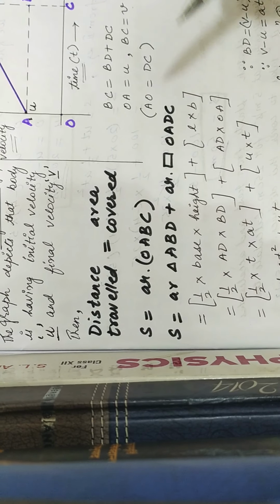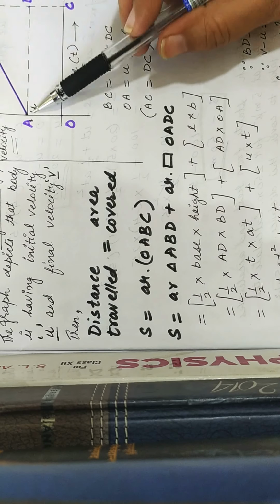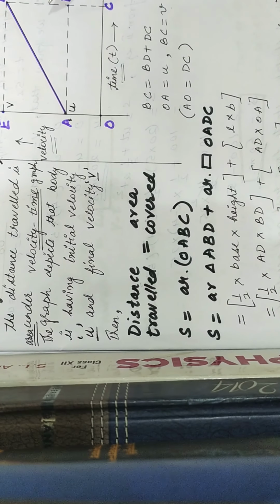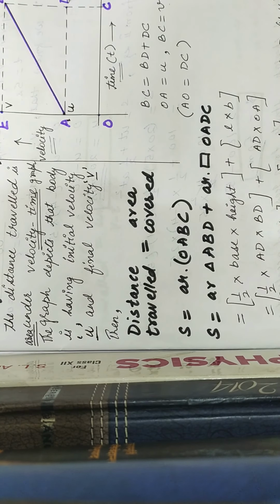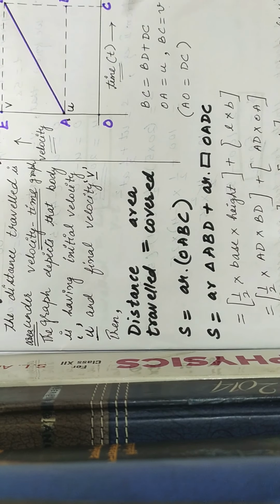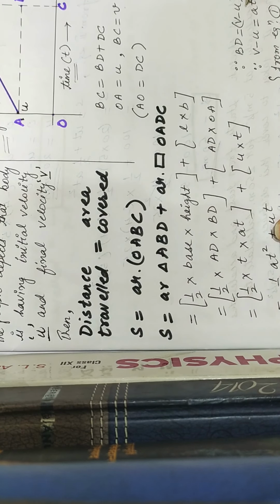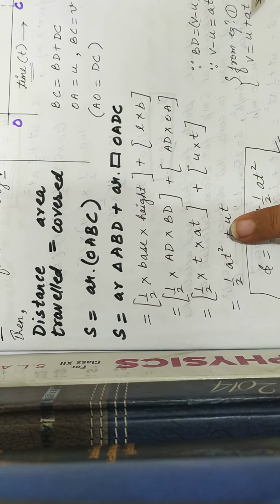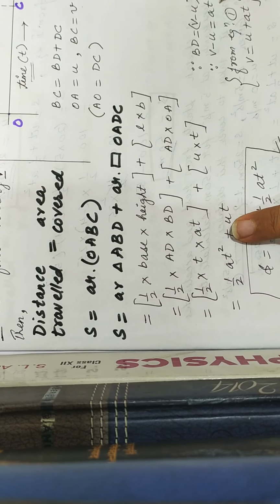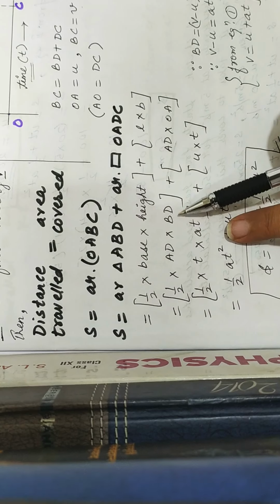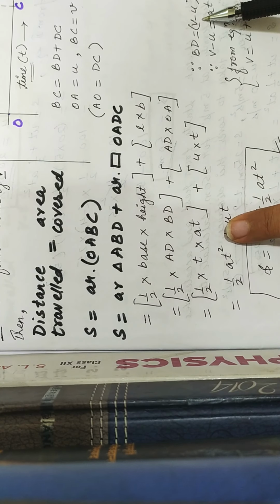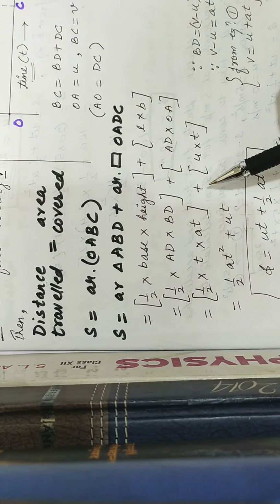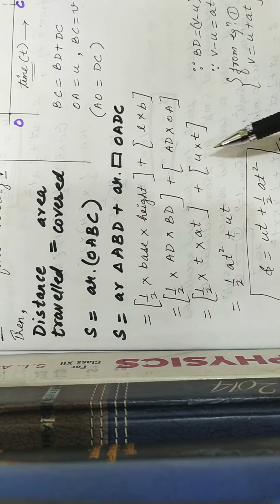So, we can write half into AD, where AD is equal to t, into BD. Now, this BD is the change in velocity. From the previous derivation, we have learned that BD is equal to v minus u. From the first equation, v equals u plus at, so v minus u can be written as at. So, in place of BD, which is equal to v minus u, we can write at. So, half into t into at,